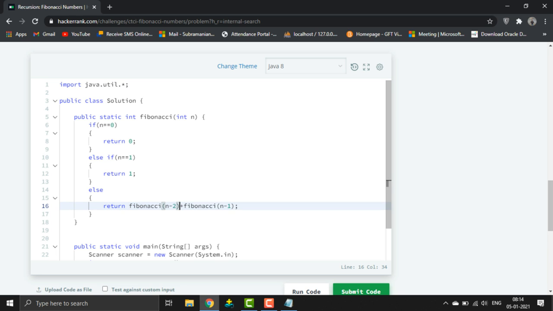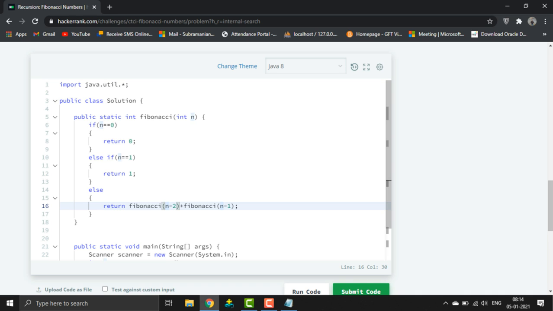So 3 minus 2 is 1, so it comes under this, so it would be 1 here, and 3 minus 1 is 2, so it doesn't come under this one, so it again comes under else. We had already seen 2, right? Again minus 2, so the n here changes to 2, and 2 minus 2 is 0, so for 0 it will be 0.